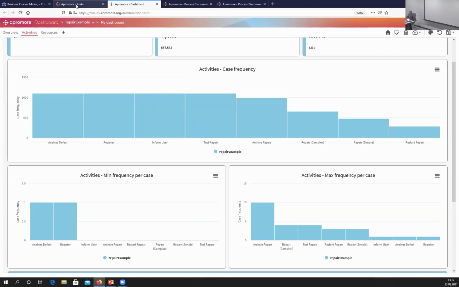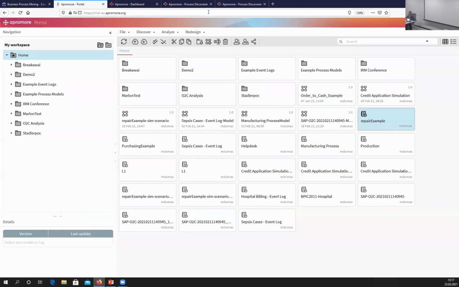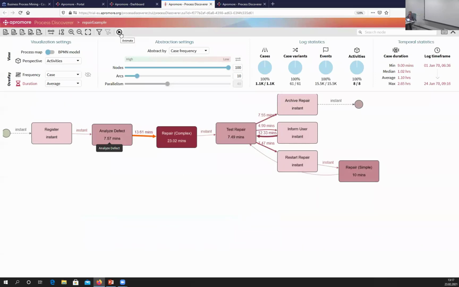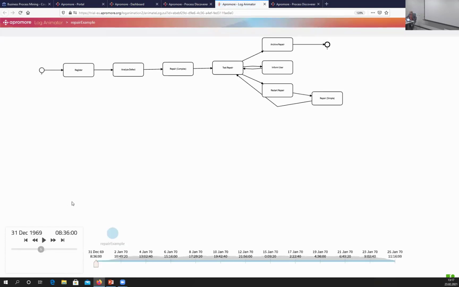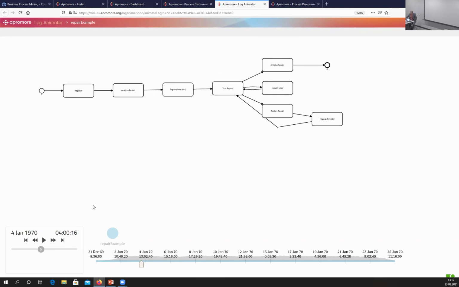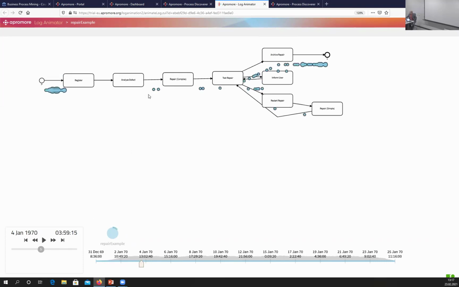And finally, but I'm not going to show it right now, you can also take this process map and we can animate it, which means we will see tokens circulating through the different tasks in this process. This is something we will have a look at a little bit later, but we are not going to do it today. And this is useful when you want to visualize bottlenecks, but not statically,